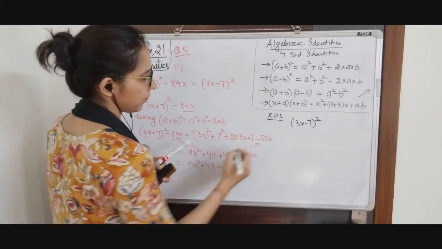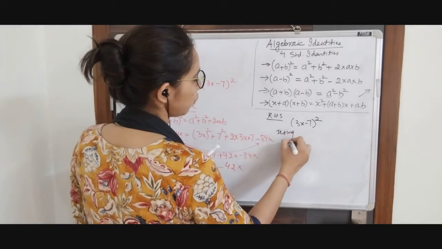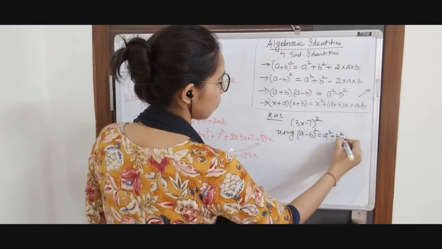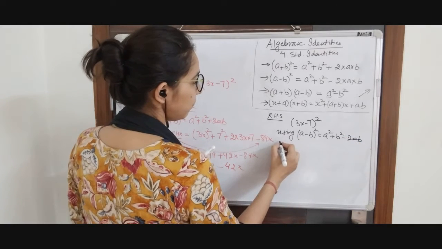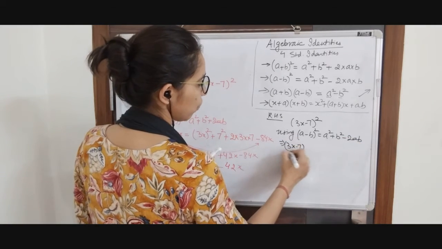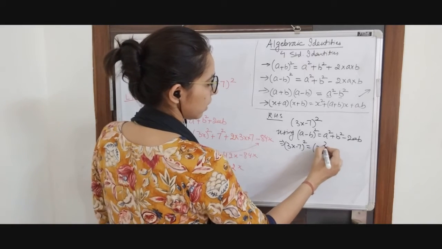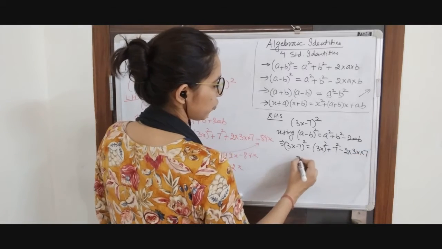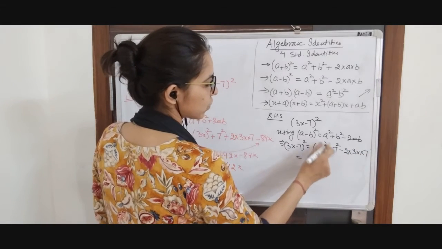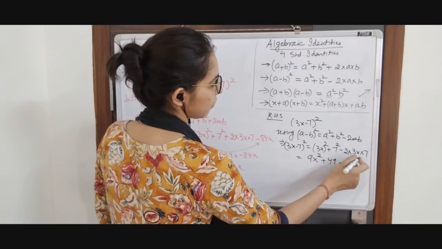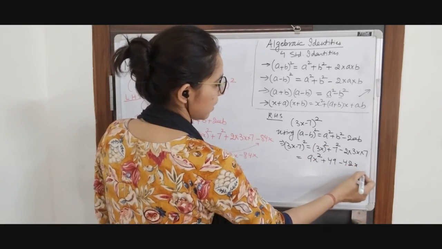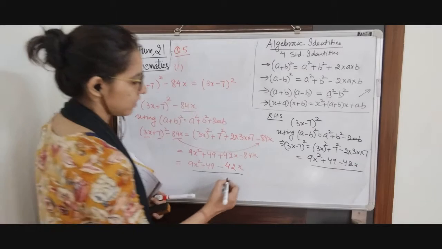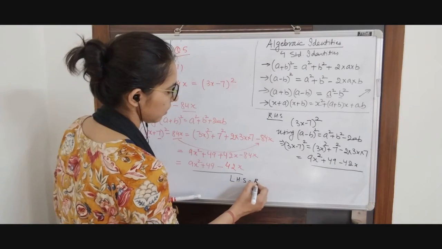So right hand side. Which formula are we going to use? We are going to use (a minus b) whole square, which is equal to, as you probably know by now, a square plus b square minus 2ab. This implies your (3x minus 7) whole square is going to be (3x) square plus 7 square minus 2 into the product of both the terms in the given expression. It is going to be 9x square, (3) square into x square, plus 49 minus 42x. And now what are we left with? Our left hand side is equal to right hand side.